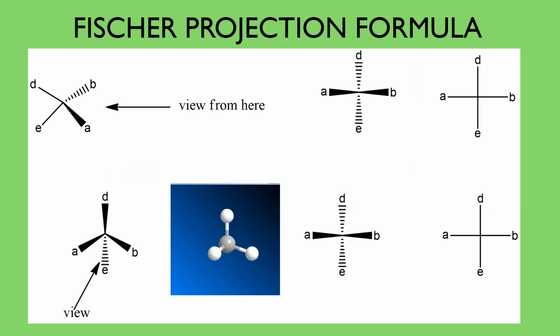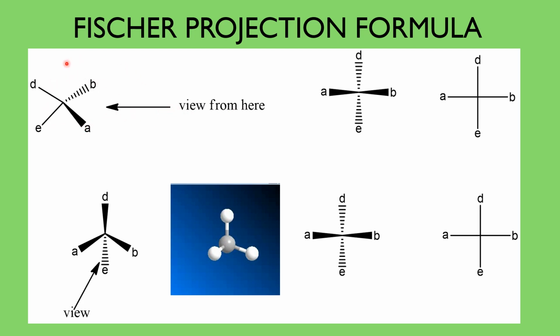This is the perspective formula of a chiral molecule with one chiral carbon. This chiral carbon or asymmetric carbon with four different bonds is tetrahedral, and among the four bonds, if you keep that molecule on a paper, two bonds will rest on the plane of the paper. One will go below the plane, the other one will come above the plane. Now, this is the perspective formula of the molecule, and I am viewing it. When I view the molecule from this direction, it will look like this.